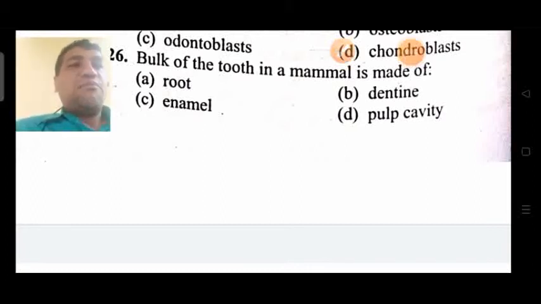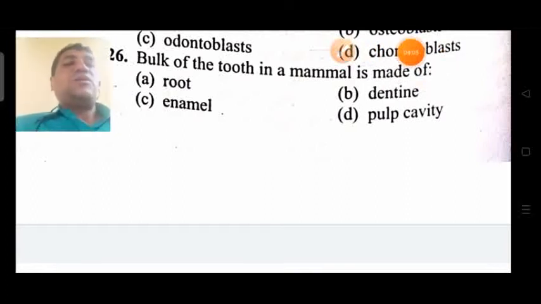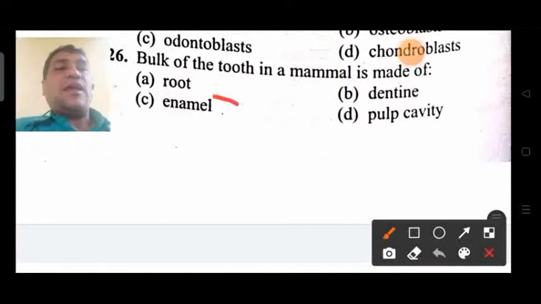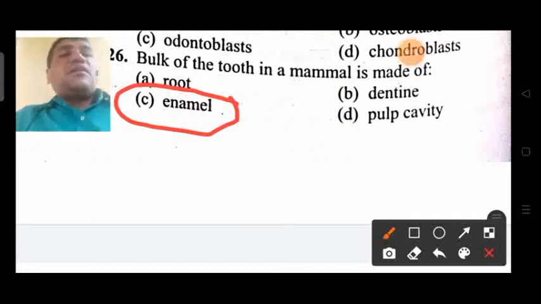Next, the bulk of tooth in mammal is made up of: root, dentin, enamel and pulp cavity. So the bulk of the tooth in mammal is made up of, obviously, the outer portion, that is the enamel region, which gives the coloration to the teeth. Next